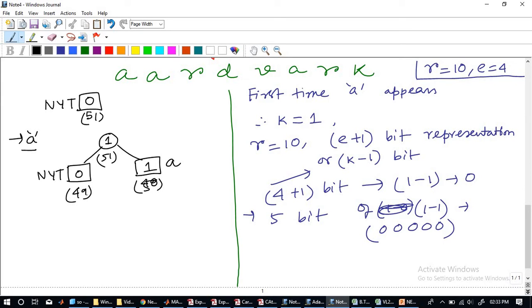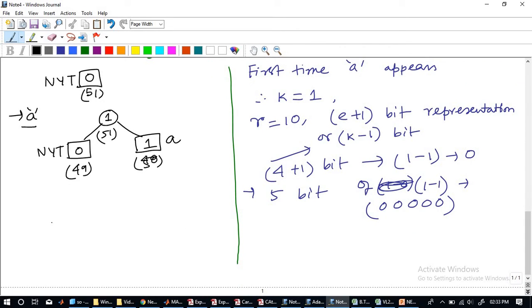Okay. If this is correct, can anyone tell me what will happen for the second bit? When the second A appears, what will be the overall encoded part for me? Just tell me.